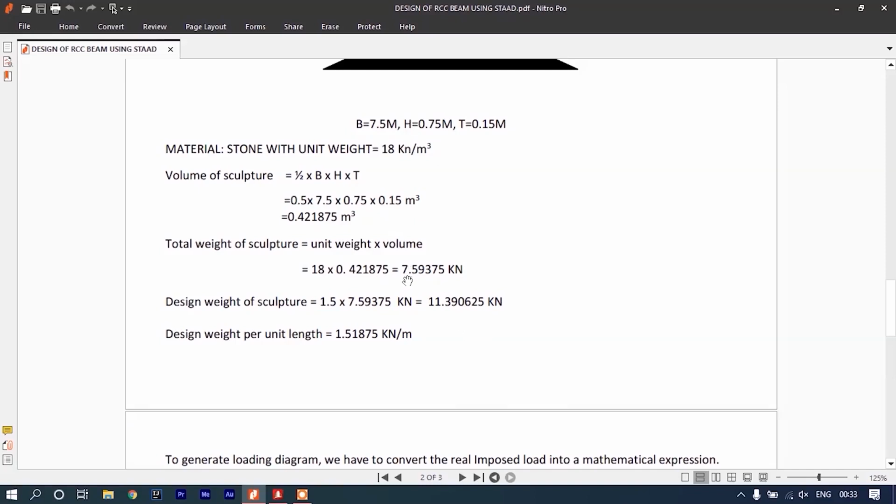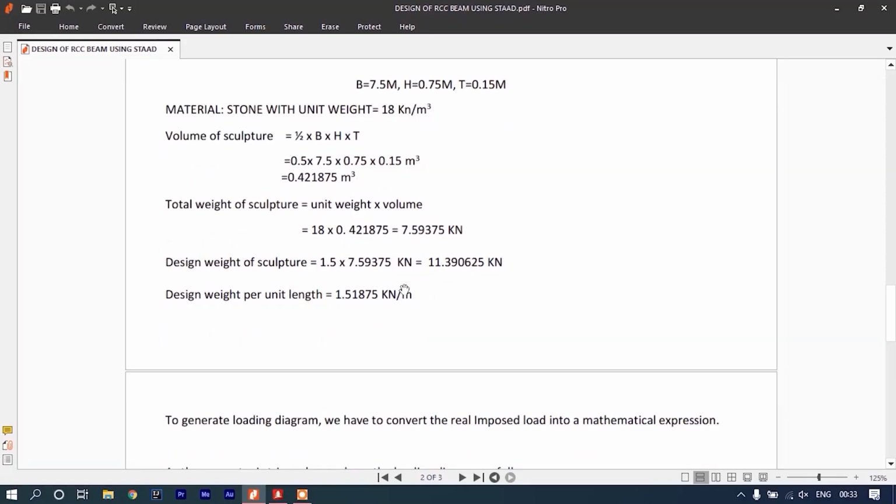Now I have multiplied this volume with the unit weight of the material, so I get a load of 7.59375 kilonewton. And as we do in RCC, we multiply it with a factor of safety. So I have considered a factor of safety of 1.5 and multiplied the actual load with the factor of safety, and I get